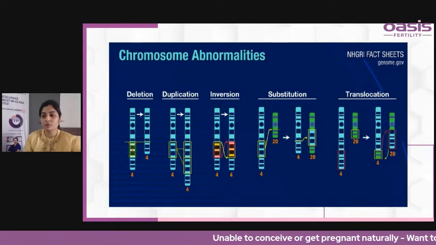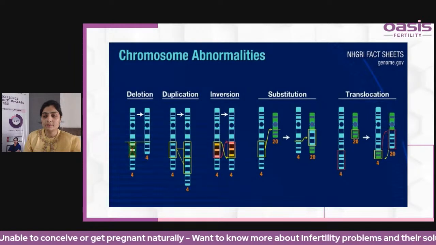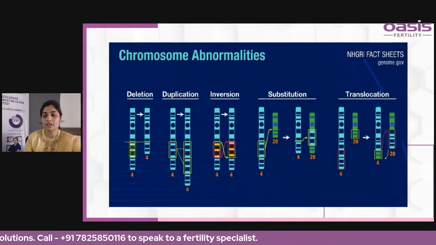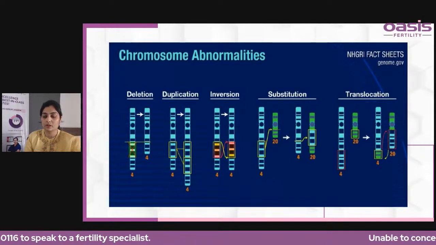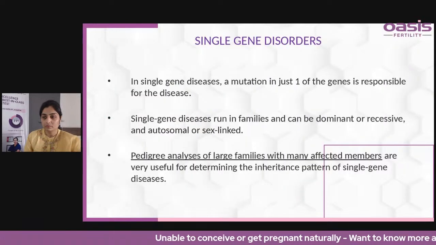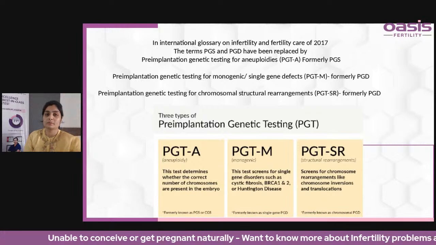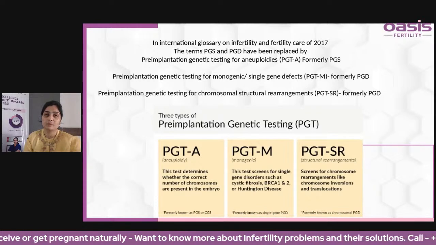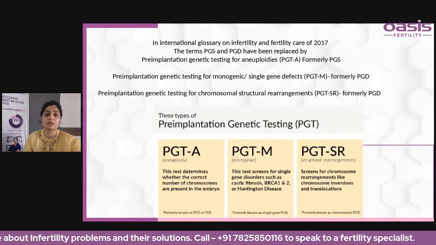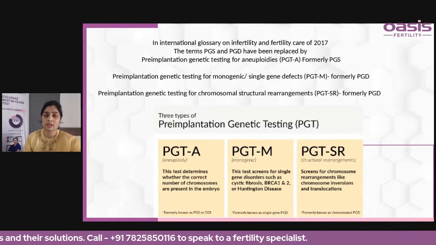So these are a few chromosomal abnormalities, in pictorial representation, in which this part of the chromosome is deleted. So this is deletion. And when there is doubling, this is duplication. And there is also inversion, substitution, and translocation. All these are the various chromosomal abnormalities. Coming to single gene disorders like sickle cell anemia, thalassemia, and also many muscular dystrophies. We would have earlier seen babies with muscular atrophy. That can also be diagnosed.